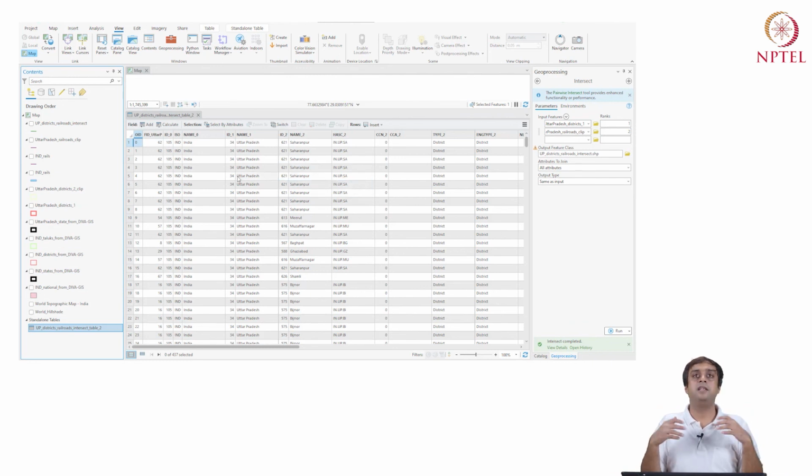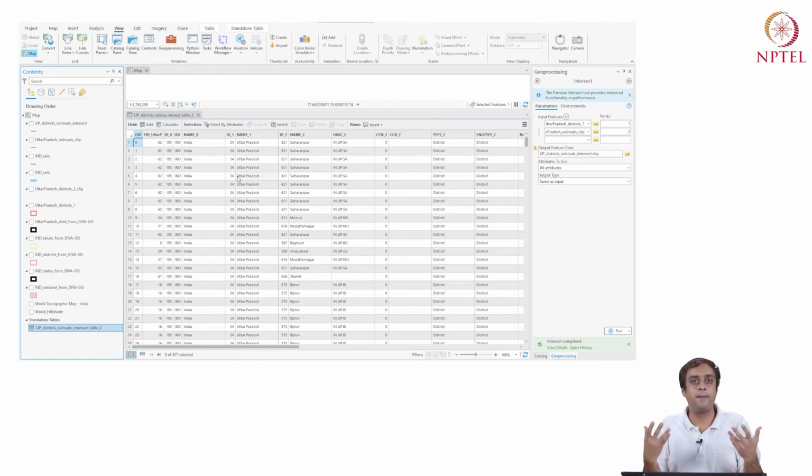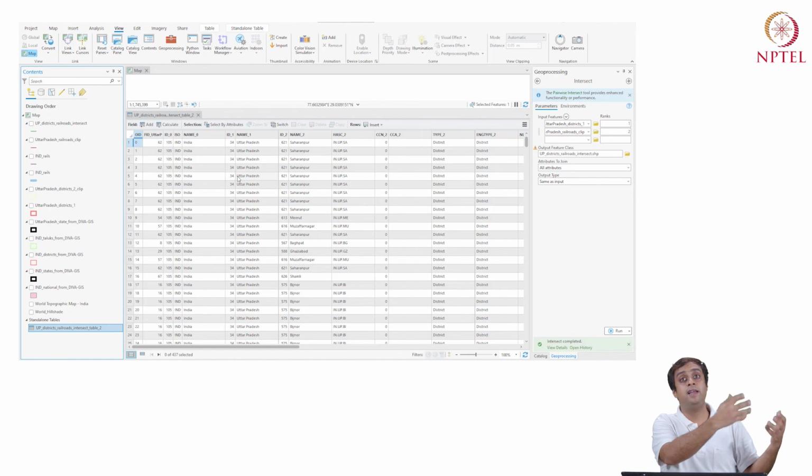In the next class, in the next session, we will go over exporting these data to Excel, and then we will go on to working with the points data set, which will be a groundwater data set. Something that you have seen in so many lectures in your theory classes. You will actually be able to work with those data. I'll show you where to get those data. So the first step in the next class will be to take this, export these data to Excel, right? To just take it to an Excel file.